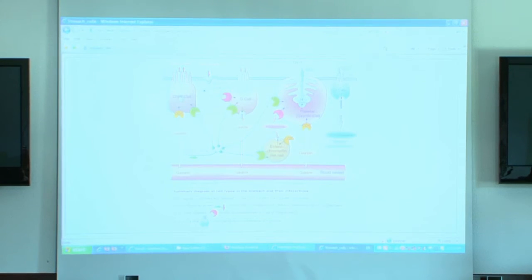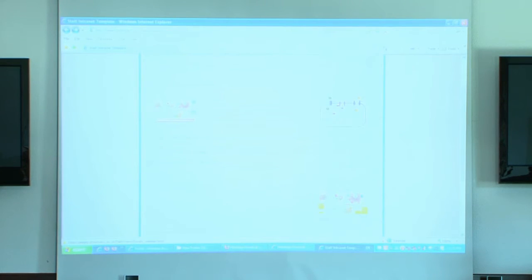And as it says, if you click on each cell, it breaks it down to individual components and interactions. If you go back and look at this one here,